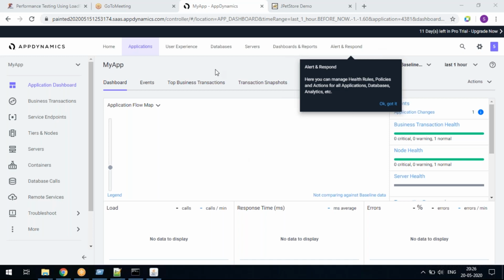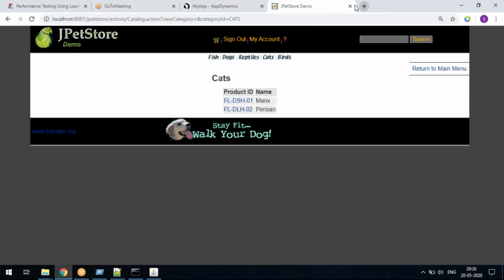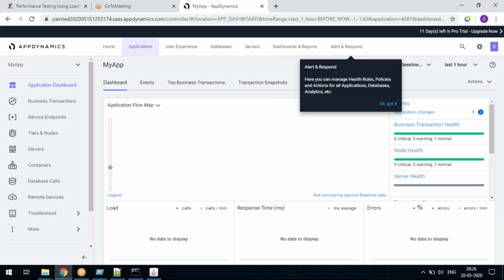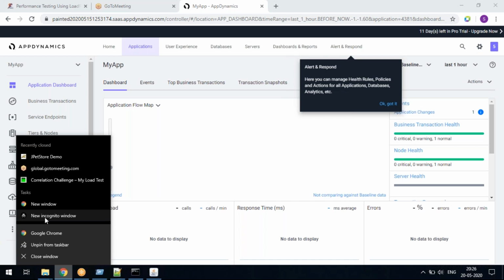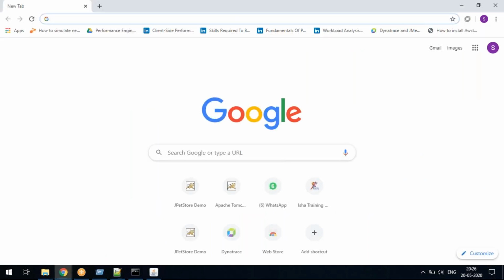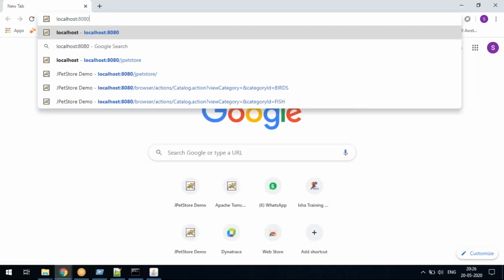Okay, so till now we were able to do that. Sorry, I'll go back to our configuration side. What we missed: I configured an Apache Tomcat server. That configuration is done, and then I'm going to my localhost 8087, which is the place where I configured my Apache Tomcat server.